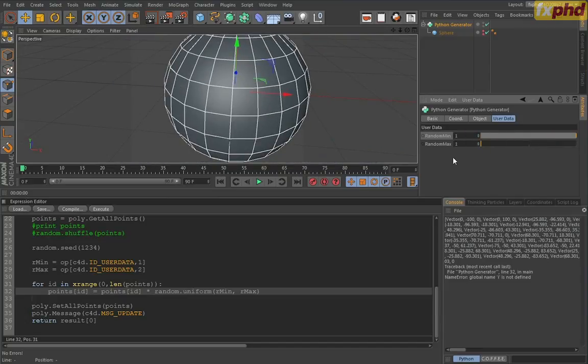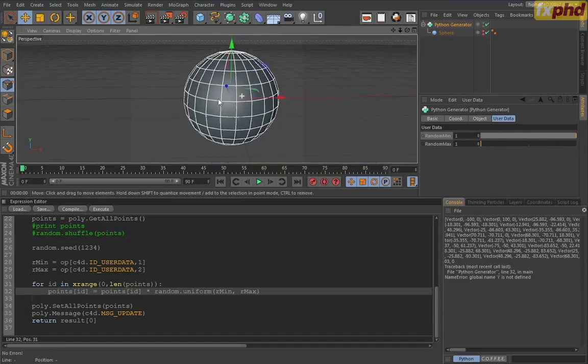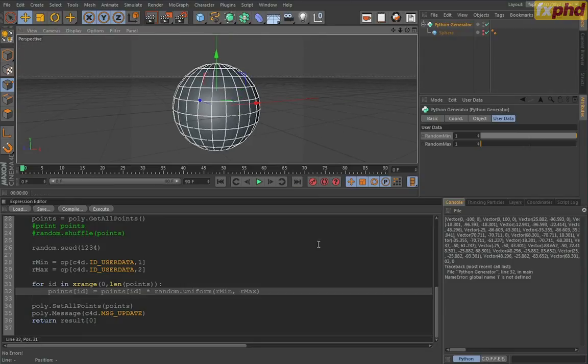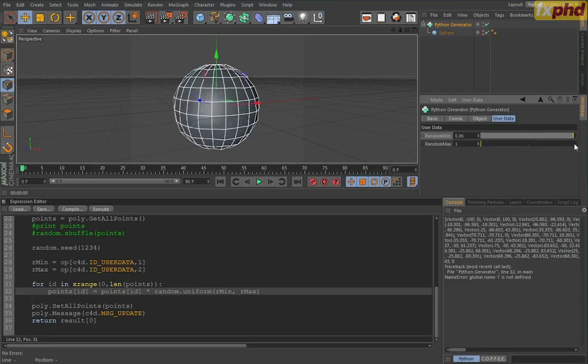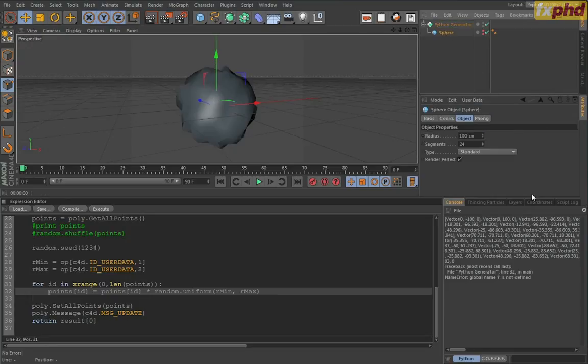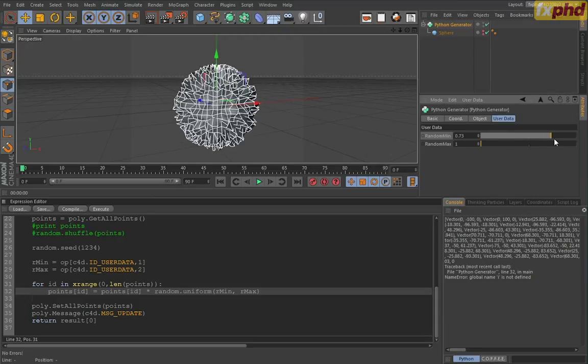interesting results really. And if we change both to 1, we have the original one, because this will return a random number between 1 and 1, meaning the original position. But if you play around here, you get really interesting results. And of course, to make it a bit nicer, we can increase the number of segments, and you may have to go back to frame 0 this way, okay, so it's being updated. But now you get some really cool